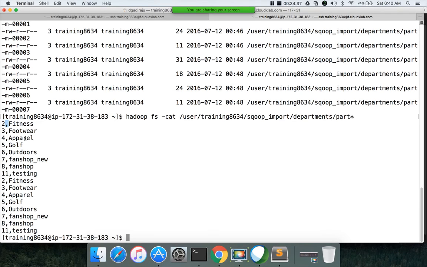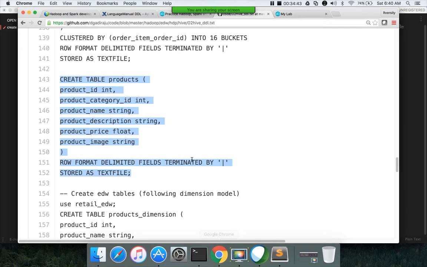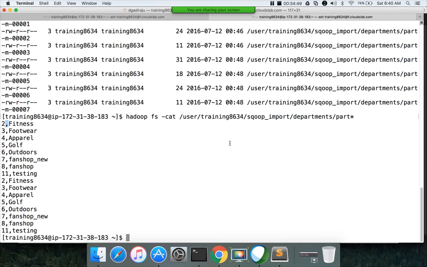When we used the Sqoop command, we used comma as the delimiter, and if you see here, the delimiters are pipe. In Hive, the delimiter is pipe, and in Sqoop, the data which is imported through Sqoop, the delimiter is comma.